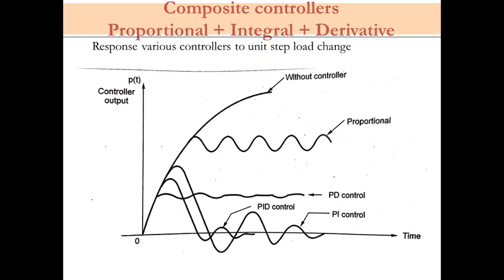With the PID control, there is no offset and the system achieves the steady state with less settling time. Therefore, PID is the ultimate process for the composite controller. If you use the PID controller, it will overcome the overshoot error which you get in the proportional controller, and it will improve the system behavior for the transient as well as steady state inputs.